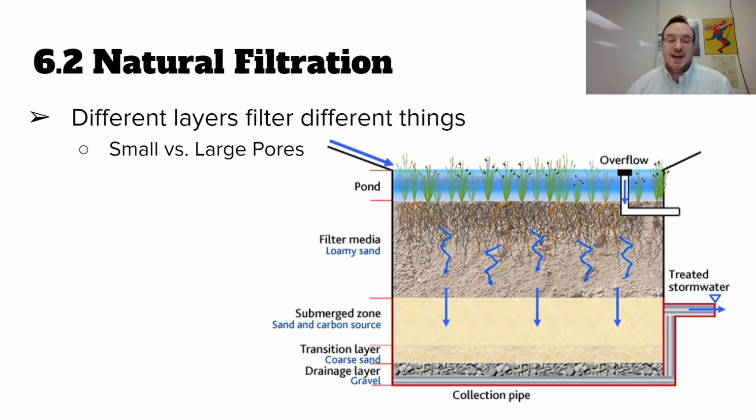And then below that is a finer particulate. So in this case, it's sand and some kind of carbon source, so probably some sort of charcoal. And those things can work to filter the smaller particles. Charcoal and activated charcoal can even filter out dyes from water, which is something that's particularly hard to do. And then they have what's called a transition layer and a drainage layer in this image, and those are mainly to